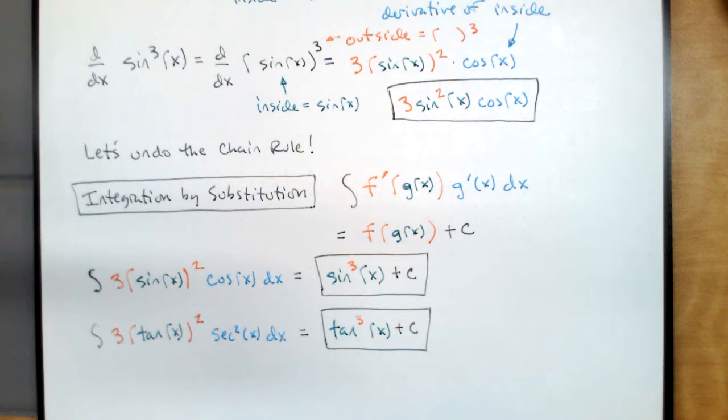We're looking for something that we can identify as the inside function. Then we're also looking for the derivative of the inside as a factor. The only part that we don't need to see is a constant factor. Constant factors we can work around. So if I drop the 3 out of this,